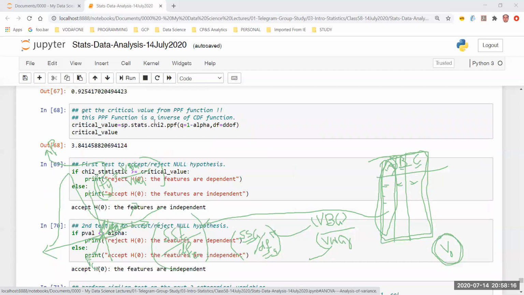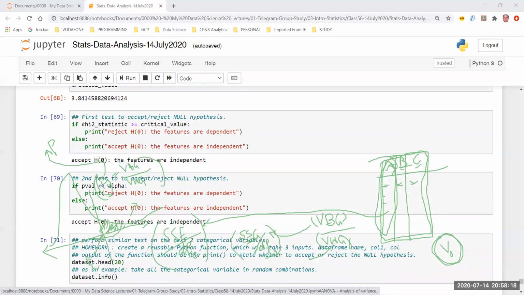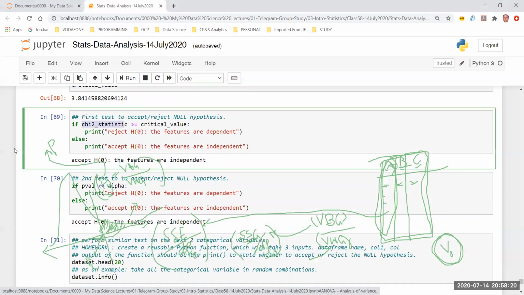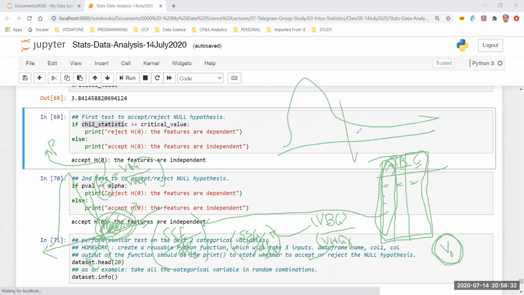But if we are going to find the F value, that will be similar to this Chi statistic that we found out over here. It must be more than the critical value because it stays on this side of the things. I hope you can see it. So it will be something like this. If the critical zone is this, and I have a critical F value here, and I have the F value lying over here, then I can simply reject the null hypothesis.